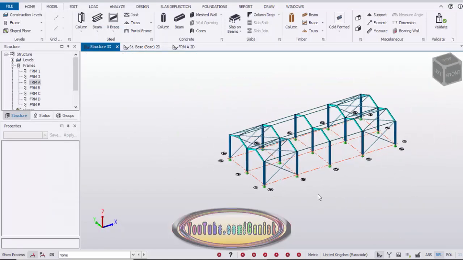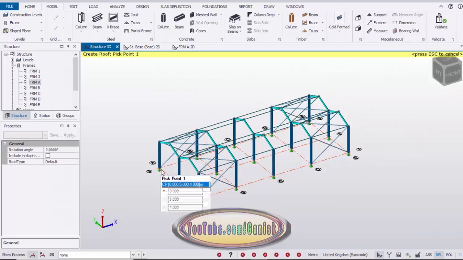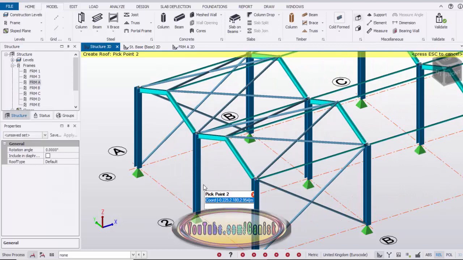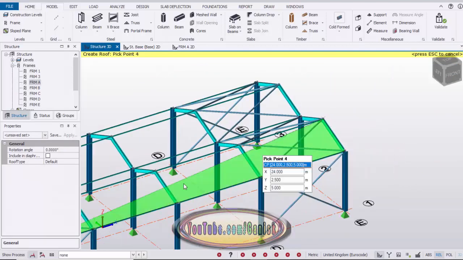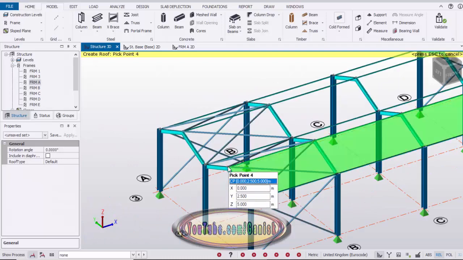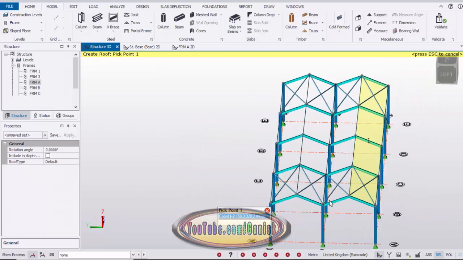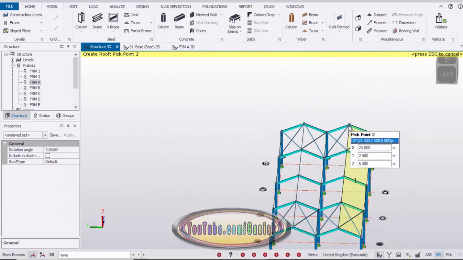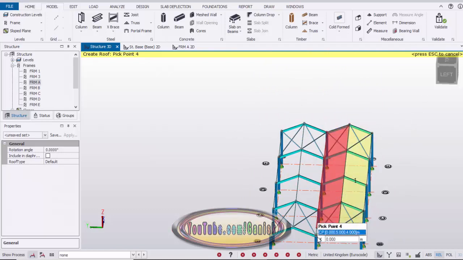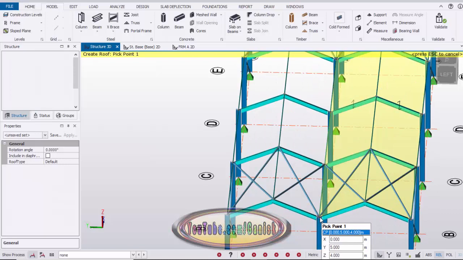Okay, now we're going to create the roof panel. So click on here to select this roof panel and pick the first point and pick the second and third and fourth point and pick the initial point to create the panel like this. Okay, do the same procedure, just rotate it and pick the first and second and third and fourth and pick the initial point to create the panel.